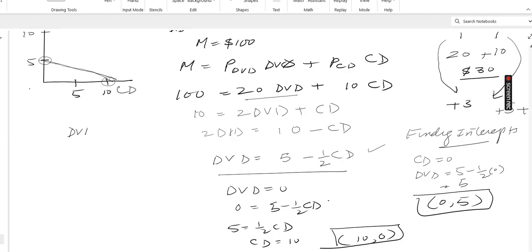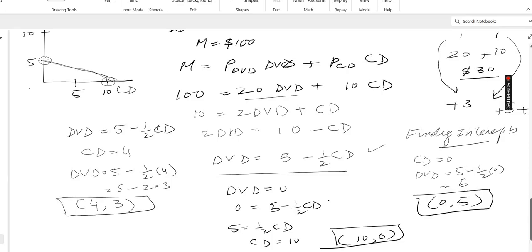तो उसका बड़ा सीधा सा जवाब है कि आप इस इक्वेशन को दोबारा से लिखो, DVD is equal to 5 minus 1/2 CD। इसी लाइन में सारे जवाब हैं। He said that fraction नहीं होना चाहिए, इसका मतलब है 1/2 इंटू यहाँ पे कोई ऐसा नंबर डालें हम जो कि इसको complete integer में convert कर दे। तो पहला ऑप्शन है कि let CD is equal to 4। So आपको पता है DVD क्या आ जाएगा, DVD is equal to 5 minus 1/2 into 4। So basically 5 minus 2 is equal to 3। कॉम्बिनेशन क्या आया, CD is 4, DVD is 3। ये एक कॉम्बिनेशन आ गया। इस तरह के 2 more के लिए आप इस जगह पर 6 substitute करो और फिर 8 substitute करो, तो आपके पास बाकी 2 कॉम्बिनेशन आ जाएंगे।